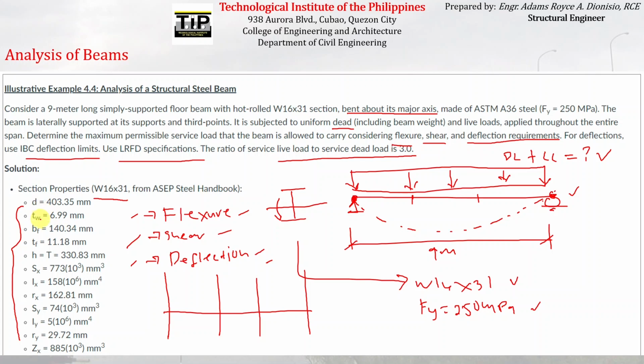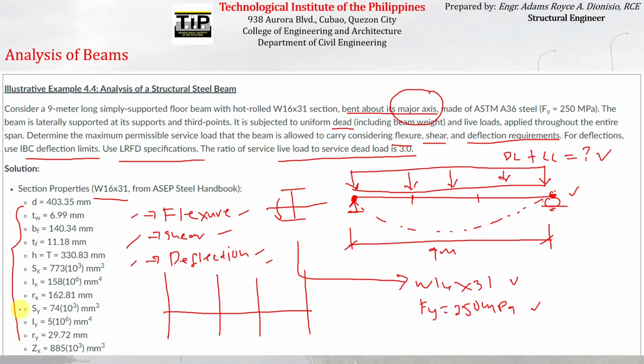The total depth, the thickness of the web, the width of the flange, the thickness of the flange, the h, which is the width of the web less the fillet radius, the section modulus with respect to x, since we are told that the bending is just with respect to the major axis. Then we also need to check the moment of inertia, the radius of gyration, and then since, as you can see on the formulas that were given a while ago, we also need to check